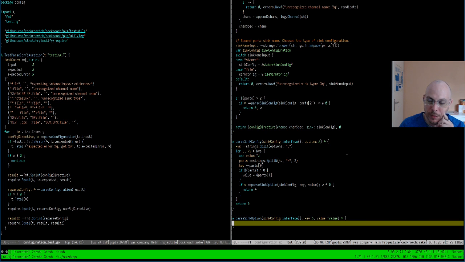Cool. So reflection. We have a sync config, which we know is a pointer to a struct. We have a key, which we know should be a field on that struct. And then we have a value.